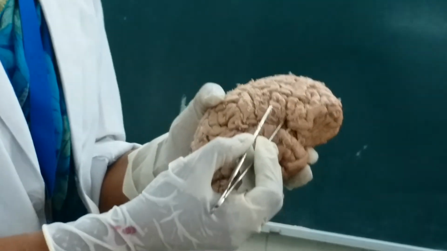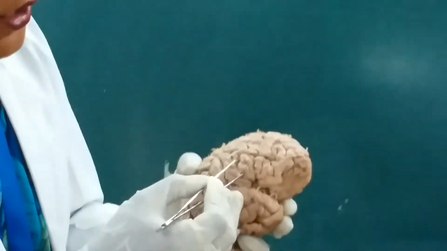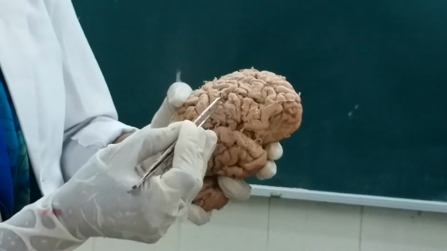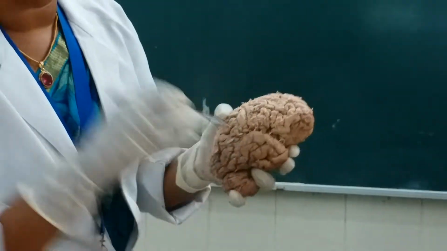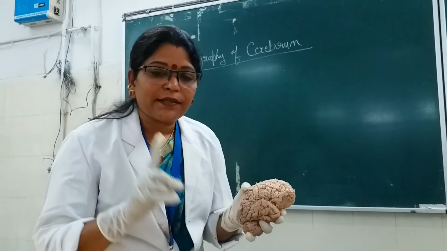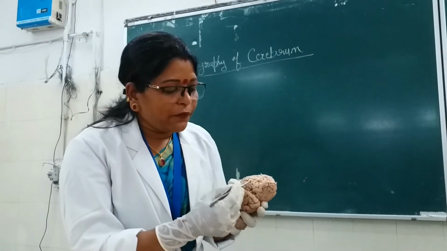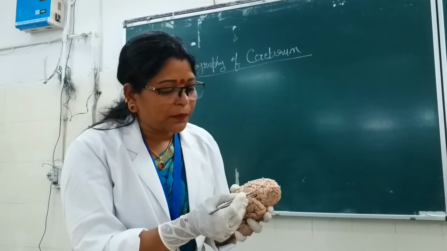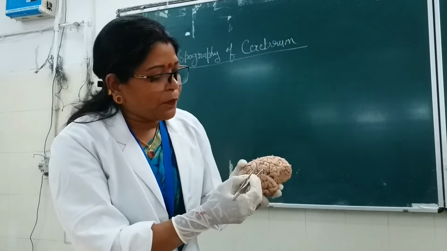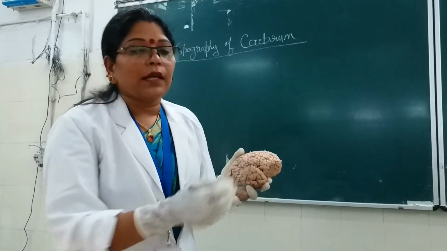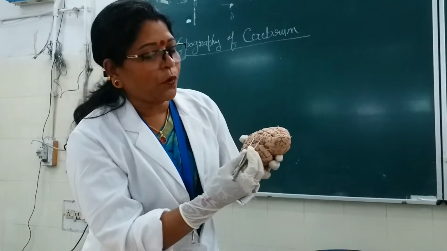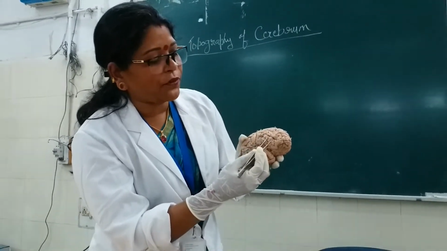It is known as the pars triangularis, and in between the anterior and this posterior ramus here it is known as the pars orbitalis. Okay, so why is this inferior frontal gyrus important? Anyone? The inferior frontal gyrus: the pars orbitalis, the pars triangularis, then the pars opercularis. So area number 44 posteriorly and area number 45.